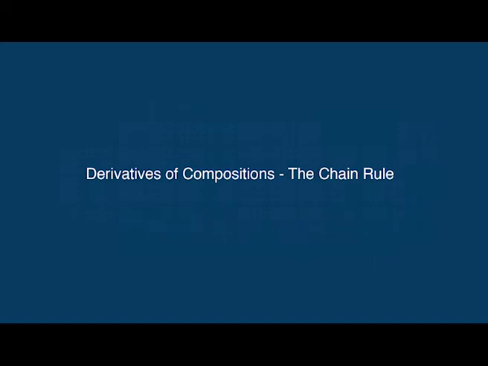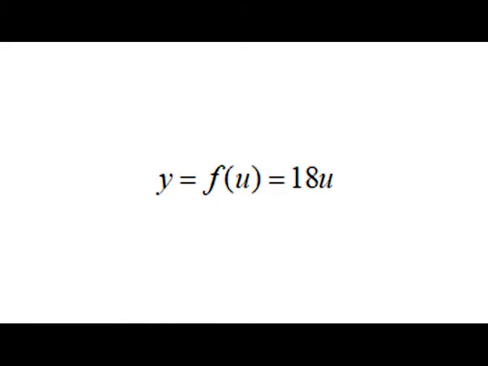Derivatives of compositions, the chain rule. Suppose you have travelled to your workplace in your car, which gets 18 km per liter of petrol. The number of kilometers you can travel in your car without refueling is a function of the number of liters of petrol you have in the petrol tank. Mathematically, if y is the number of kilometers you can travel and u is the number of liters of petrol initially in the petrol tank, then y is a function of u given by y equal to f(u)